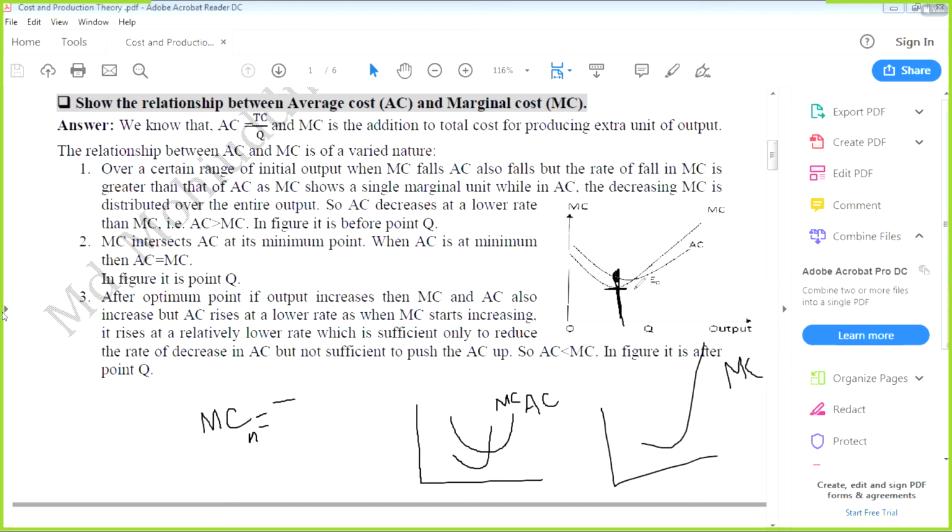For example, this is the second floor and this is the third floor. Tell me, if you drop something from the third floor and from the second floor, which one's rate of falling will be quicker? Second floor. No, sir, third. How? Look, this one is which? Which one is steeper? This one is steeper. That means the rate of falling is quicker. Again, you think about this one. The rate of falling is not quick.